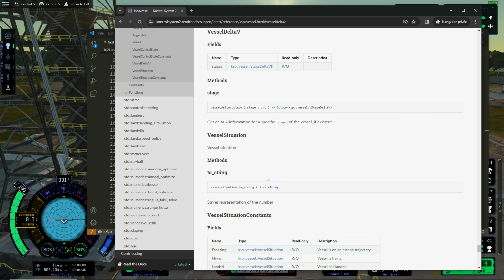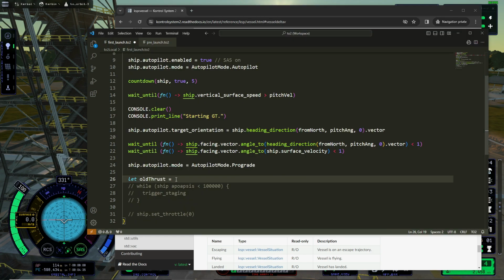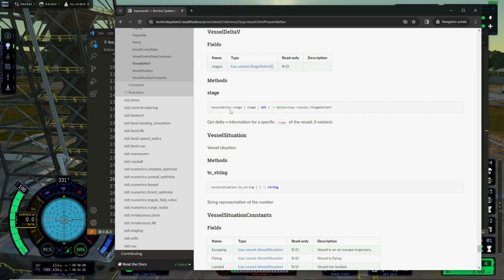You have access to different things. You have access to stages, and this is an array. This is a table. So you can write ship delta v stages, and I want the first stage, so 0, and it will always be the first stage, because if I activate a new stage, that new stage will become the first stage of my craft. So I can always write that, and from that I have access to